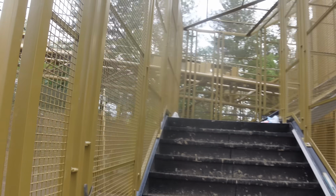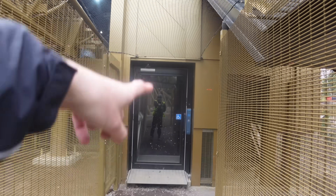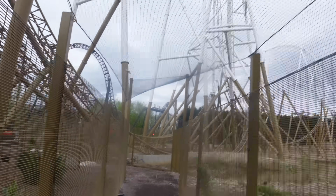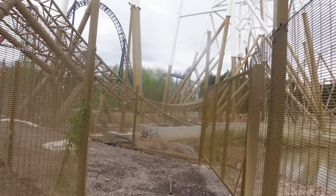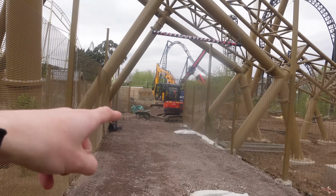And of course, if you need step-free access into the station, you'll be sent down this little side path where you'll be able to get the lift up and down into the station before and after your ride. Absolutely gorgeous. And then of course the ride's exit will take you down this path right here where you get some amazing views of the coaster. And this is actually a really nice one because the path is so open. So yeah, this is where you'll head out,